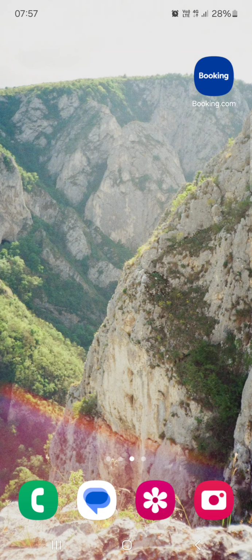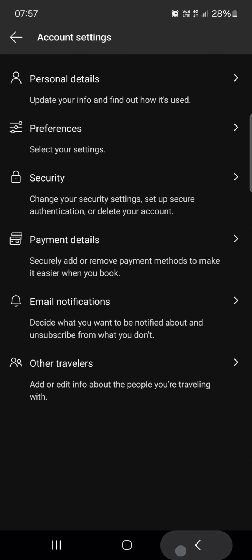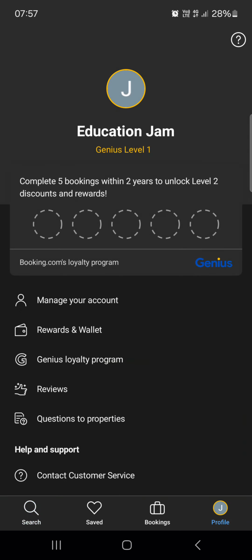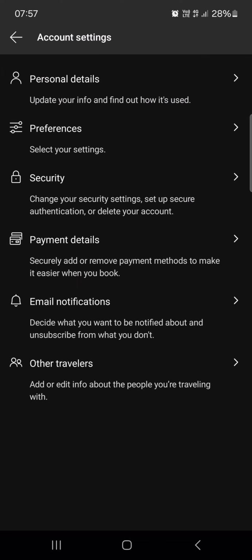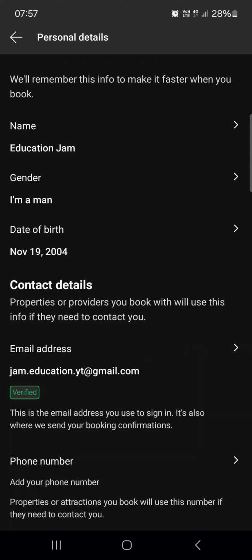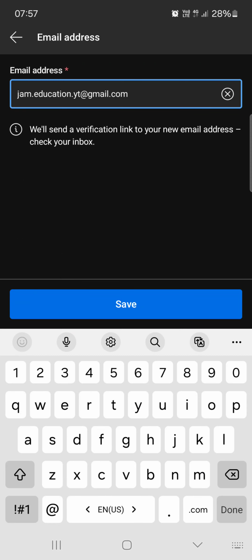First you have to open up the Booking app. And here it opens up in the search menu. From here we just have to go into the profile menu, then on manage your account, then on personal details, and then on the email address. On this, then here we can delete our current email, enter our new one, and after we are done we can just tap on save to save the new email address,